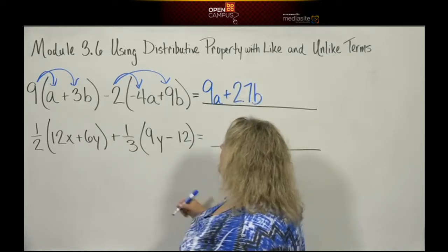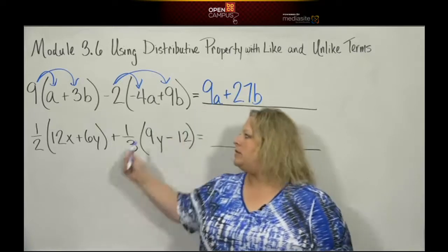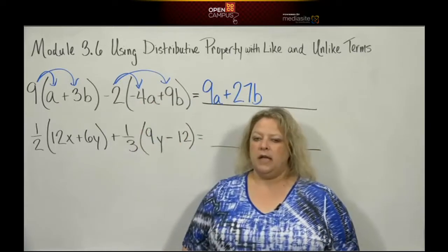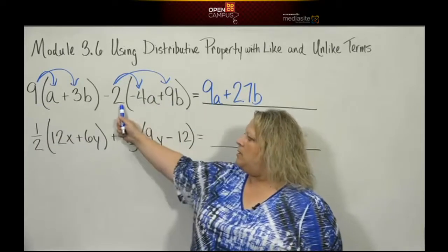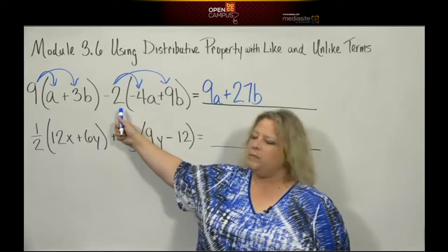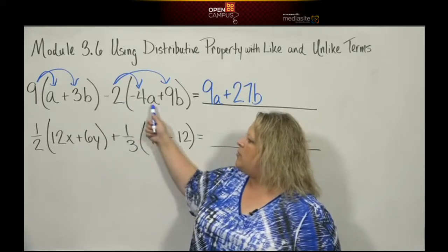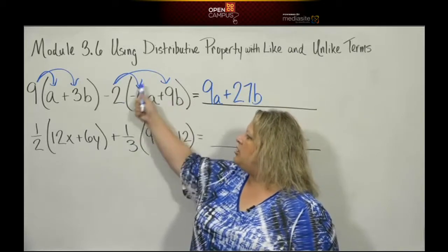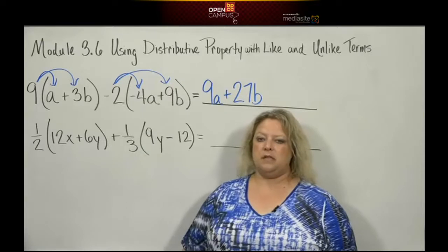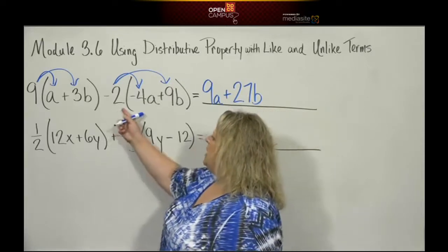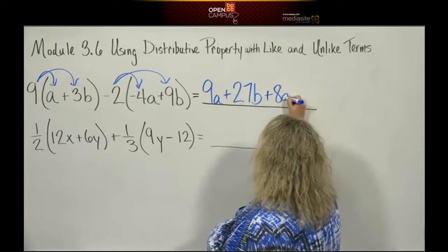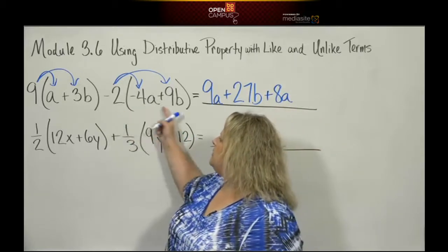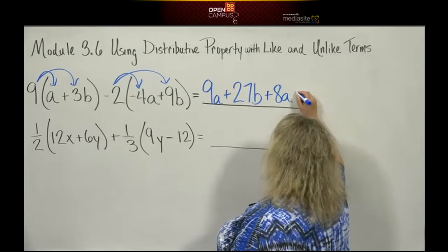27B. Now you'll notice there's a whole other set of parentheses over here. It doesn't mean that I take the 9 from way down here and distribute it. Look what's next to it, a -2. So we're going to take that -2 and distribute it to just this set of parentheses. A negative times a negative makes a positive, so that's going to be positive 8A. -2 times 9B, that's going to be a negative